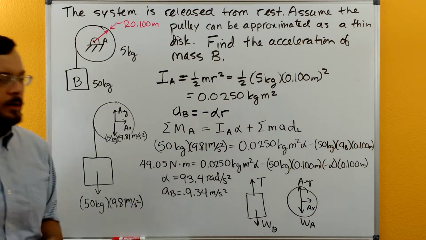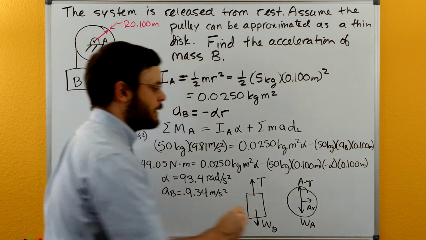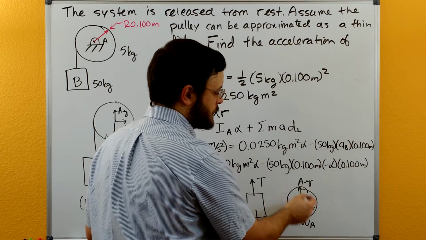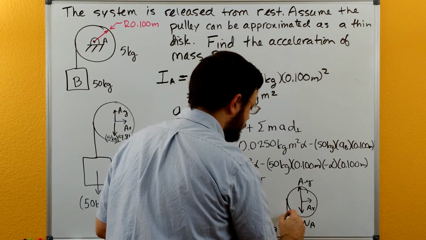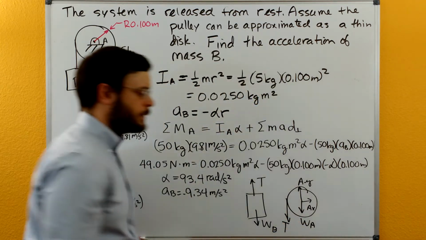In the free body diagram of the pulley, you just have the support forces here, the AX and the AY, the weight going down,